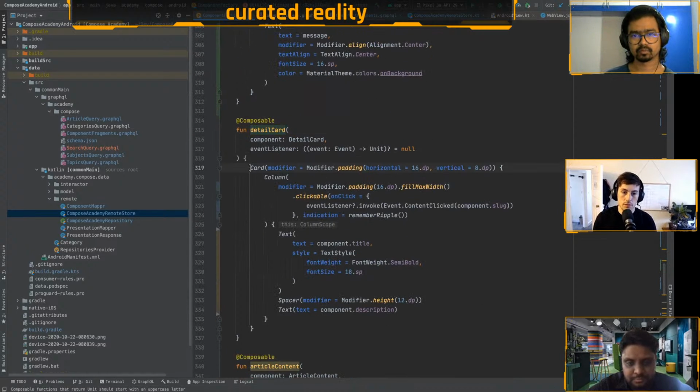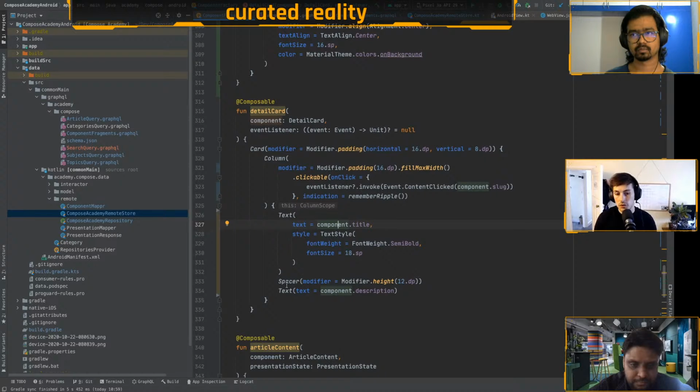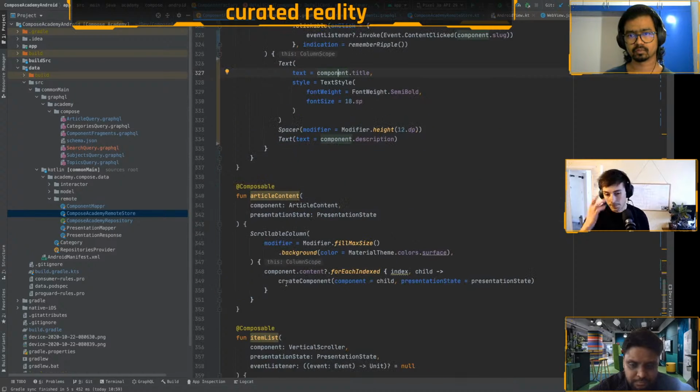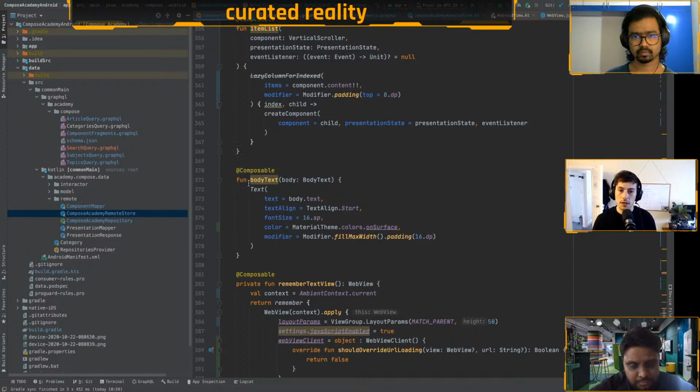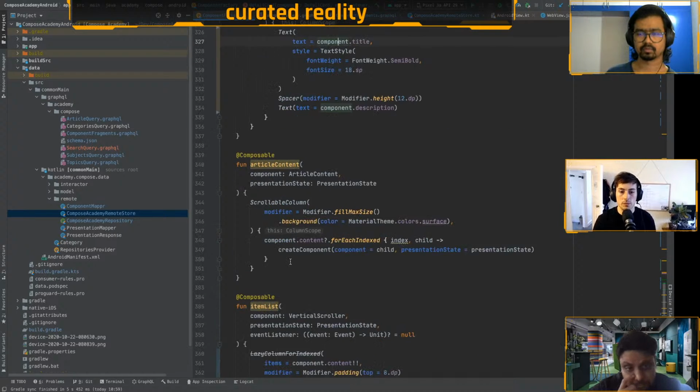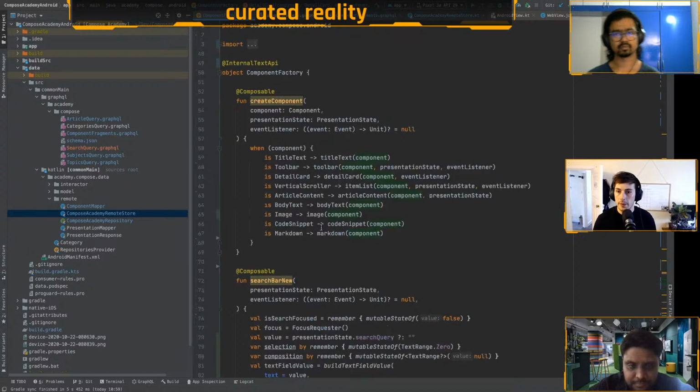And the same thing for other things, like we saw the detail card on web as well. That's the same thing here, a card composable with the children inside of that, to render that on screen. And it's pretty much the same for everything else, just composable functions returning based on the function that's called. So it's very similar for each of the clients. They just have control over their native components.